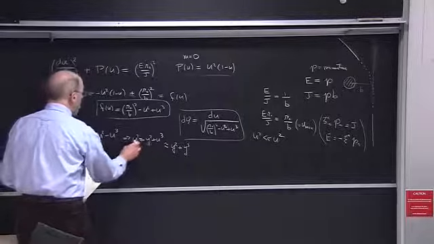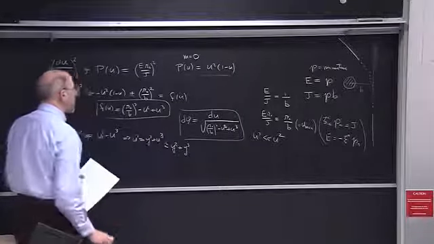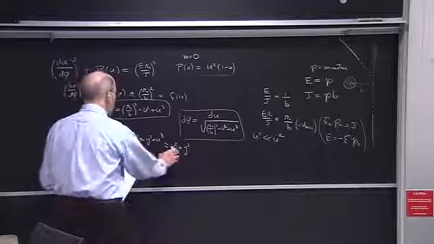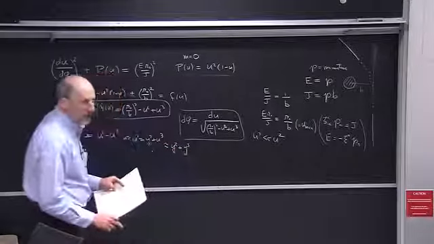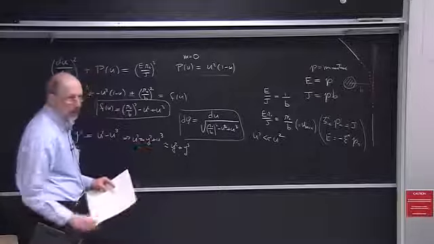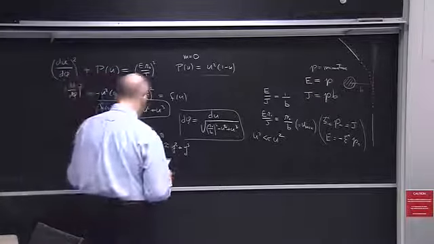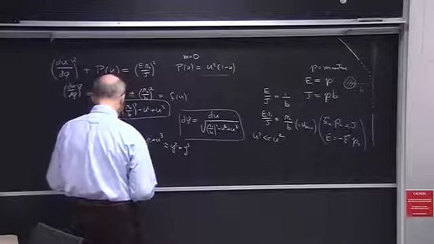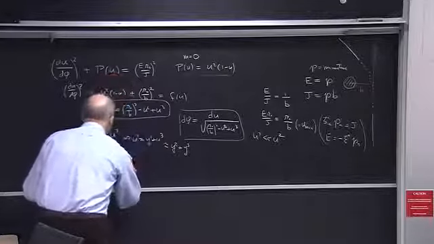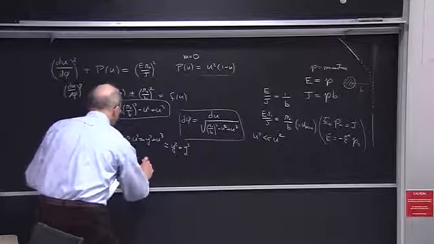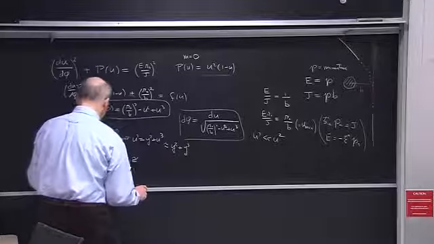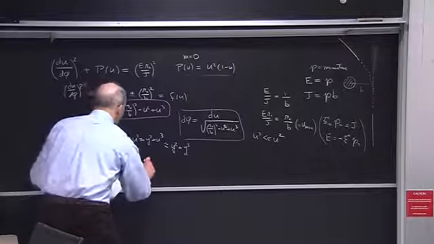So u cubed is approximately equal to y cubed, and u squared is approximately equal to y squared plus y cubed, right? So I've approximately solved for u in terms of y, and then under that approximation I can just write down what u is, which is approximately the square root of y squared, which is y,